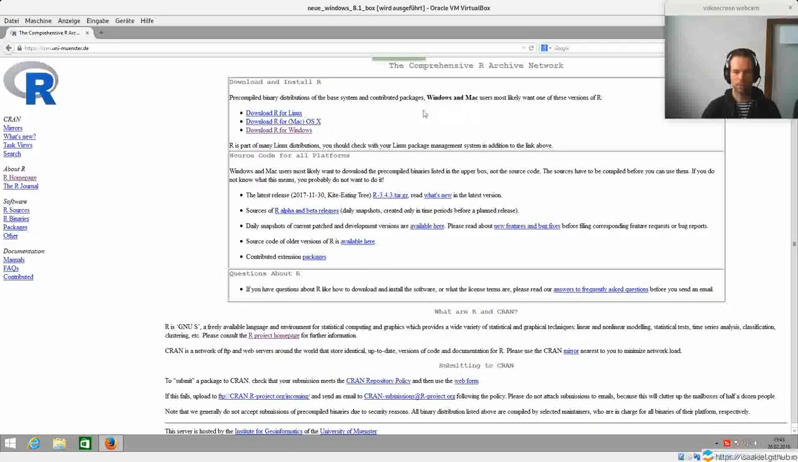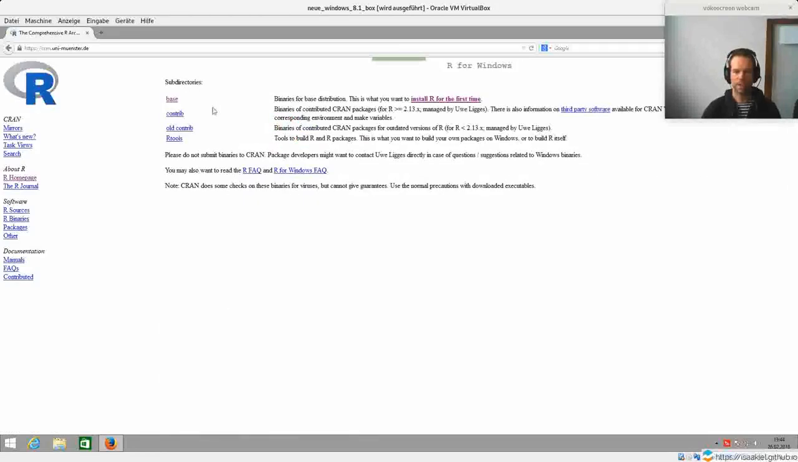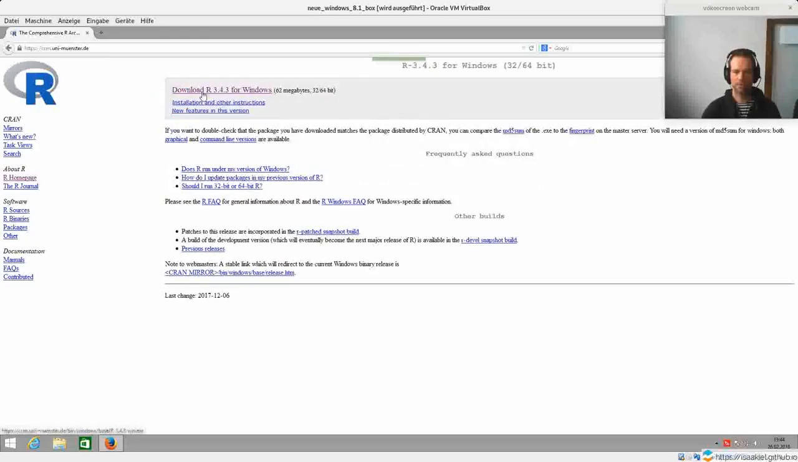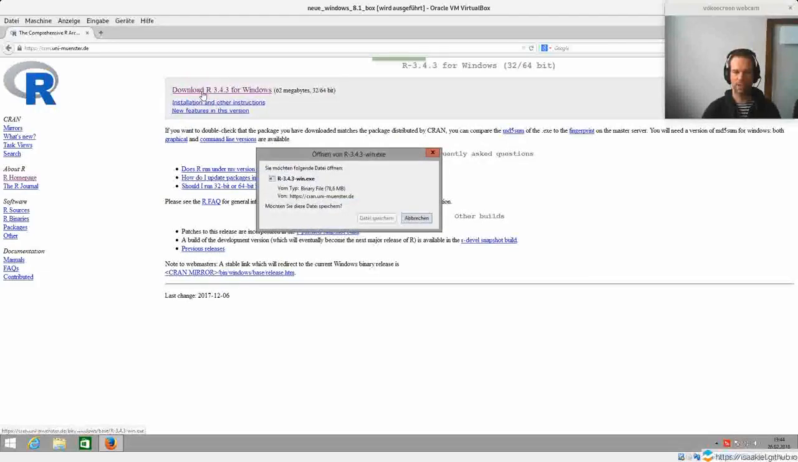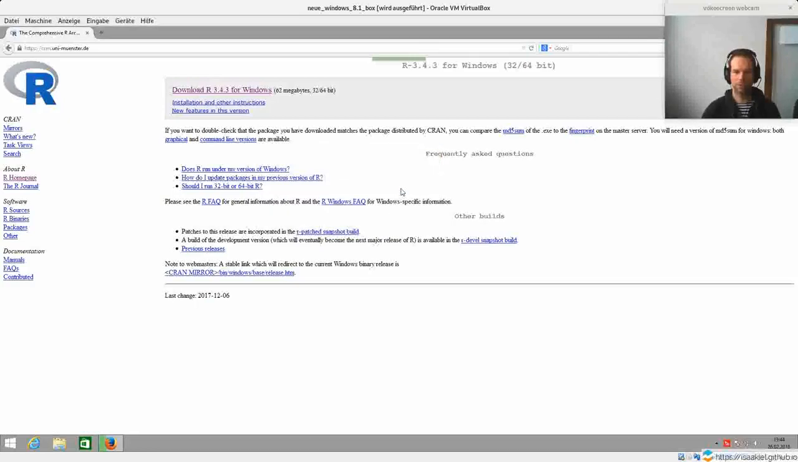And here we can see several options. Download R for Windows is the one that we would like to choose here. And here it's written, this is what you want if you install R the first time. So that's what we are doing here. Go for it. And finally there's the link for the installation file, and we save it in the download folder, and here the download proceeds,